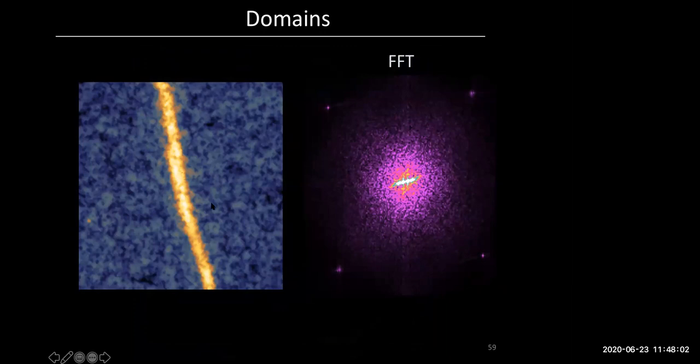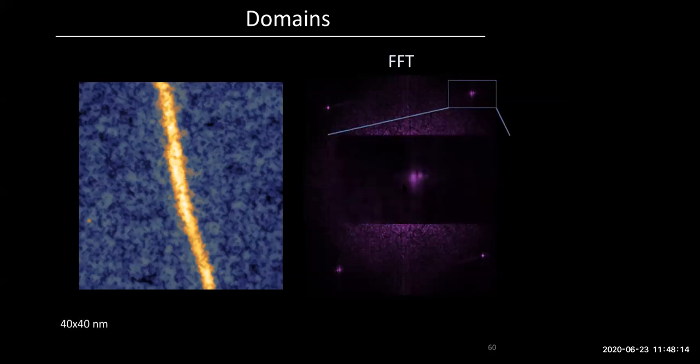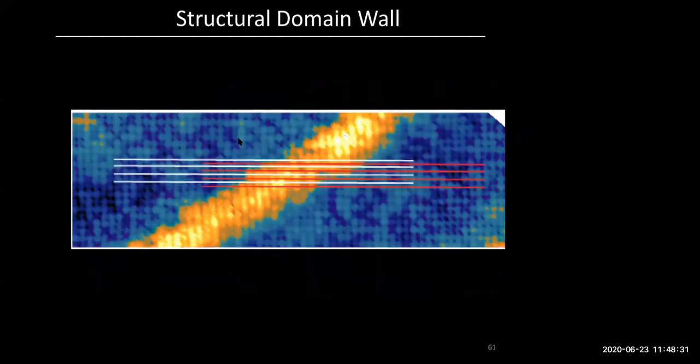Well, first you take a Fourier transform, and in the Fourier transform, these are the Bragg peaks of the selenium lattice, here and here. But you can see this particular peak has been split into two. And when you have split peaks in a Fourier transform, you know that there's a phase shift between the atomic arrangement on this side and the atomic arrangement on this side. Now, you can't tell just by looking at this Fourier transform whether this phase shift is pi or not. You can try to zoom in and check with your eye, here are the atoms on one side, and as you go to the other side, you go in between the atoms,